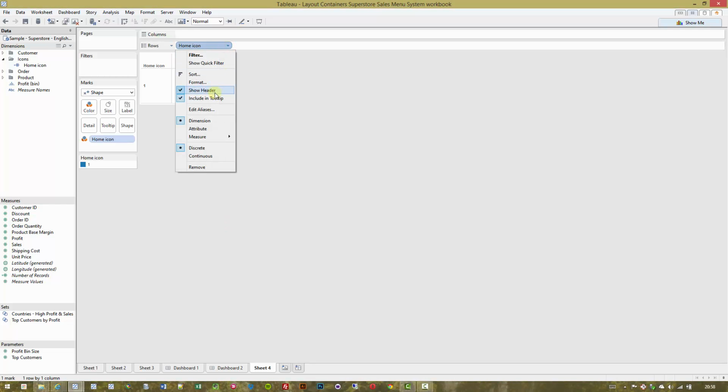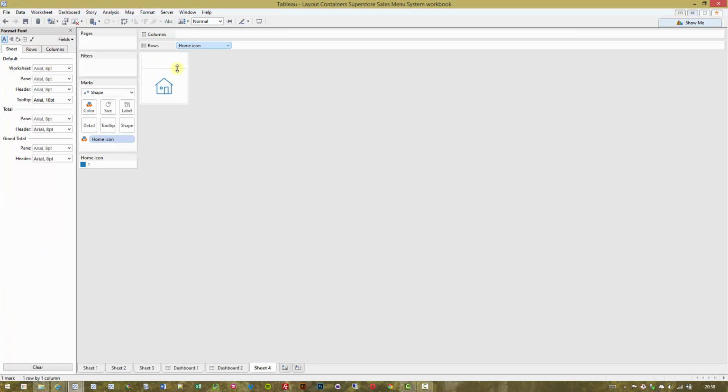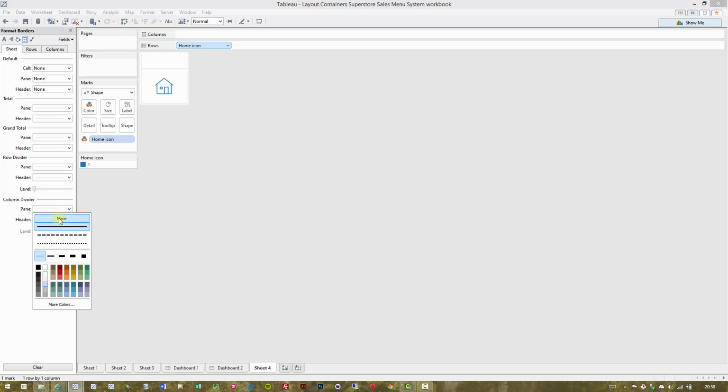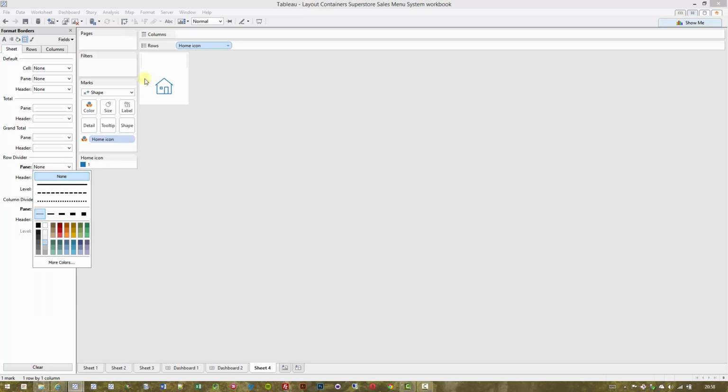as homes usually are. So, and then let's hide the header. One last step, or last couple of steps, I'm going to format and remove this border you've got around here, and also around the header. And you do that by just going here, column divider pane, none, and you'll see the column divider has disappeared. And you do the same for the rows, and now you have no